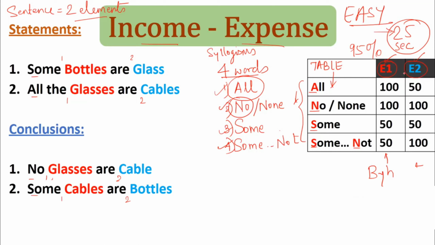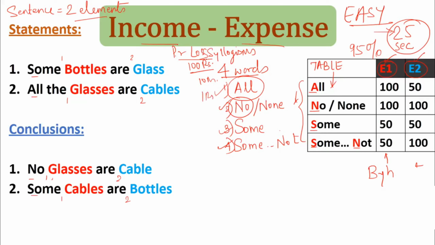Right. Now what we have to do is it is income and expense. Income and expense is related to what? Rupees, money. So what we have to do next is just donate money or give money. How? Let us see. In profit and loss, or any money sums related to quantitative aptitude, if we do not know the price of anything, what we assume is, let the price of the object be 100 rupees, or say 10 rupees or 1 rupee, and then we solve the sum.